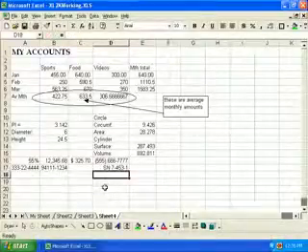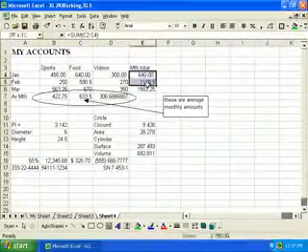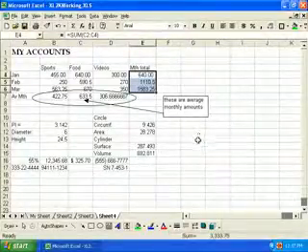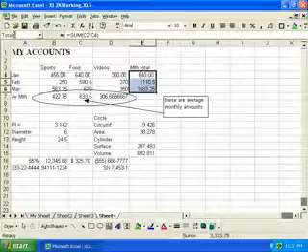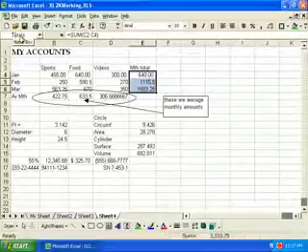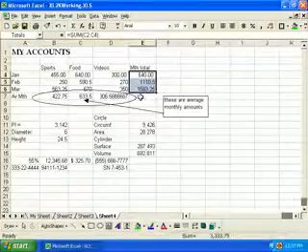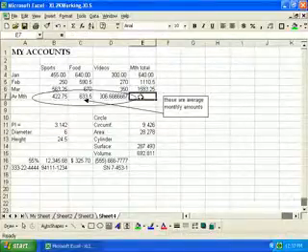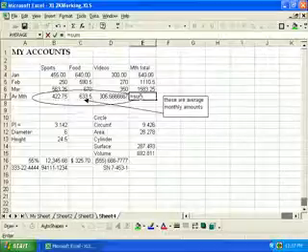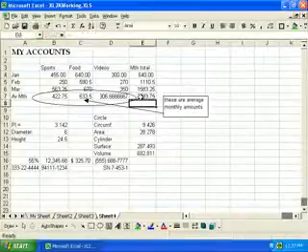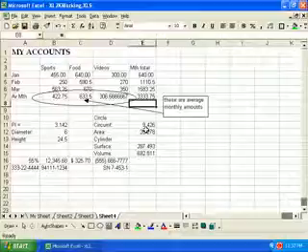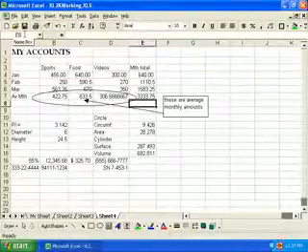Now let's select cells E4 to E6 and click the Name box, and let's type totals and press the Enter key. Now click in cell E7 and type equals SUM, open parentheses, totals, close parentheses, and press Enter. Now click the Name box arrow and select totals,